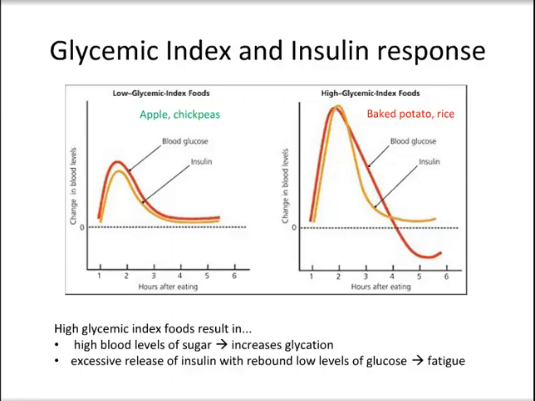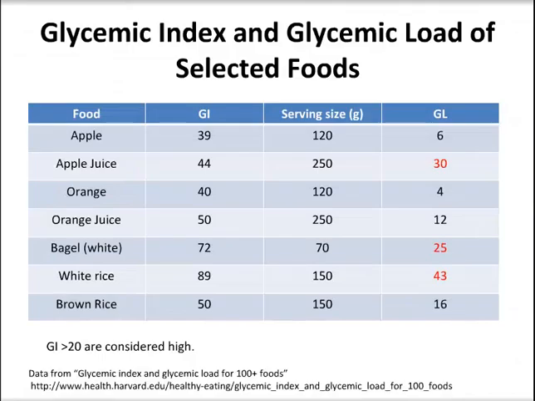And again, we see that the glycemic index of, say, white rice, which is a simple carbohydrate very quickly broken down in the body and absorbed, is much higher than the more complex carbohydrate brown rice. So this slide indicates how glycemic load can give you a pretty good idea of what the actual sugar impact, if you will,